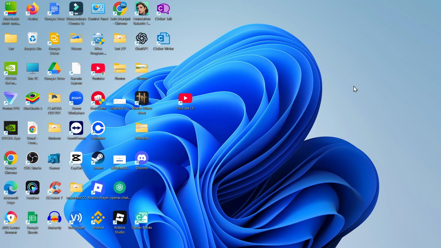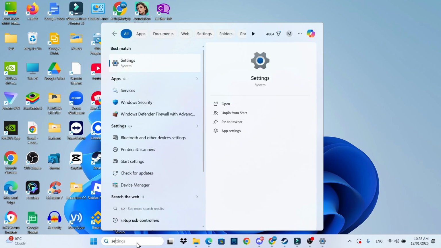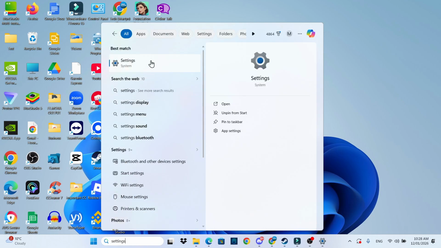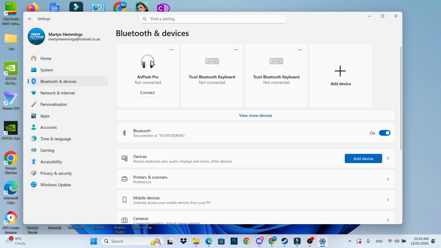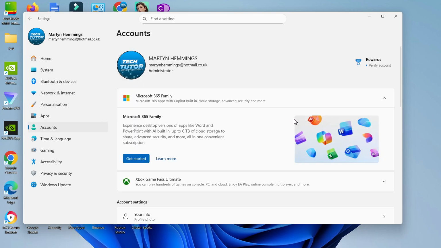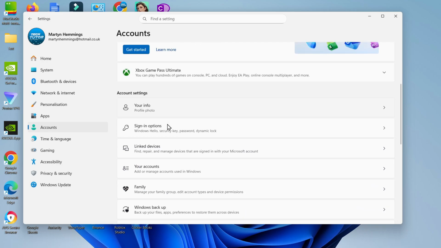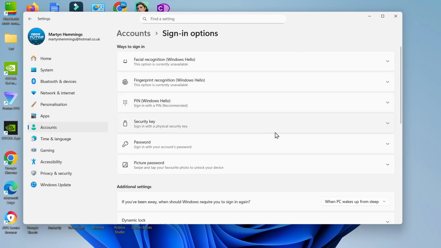Now, to set a password, the first thing you're going to want to do from your desktop is come down to your search box in the taskbar at the bottom. In here, you want to type settings, and then underneath best match, you want to click onto settings. Once you're on your settings, come over to the menu on the left hand side and click onto accounts, and on the account screen scroll down a bit to the account settings and you're going to see an option here called sign in options. Give that a click and that's going to take you to a screen like this,